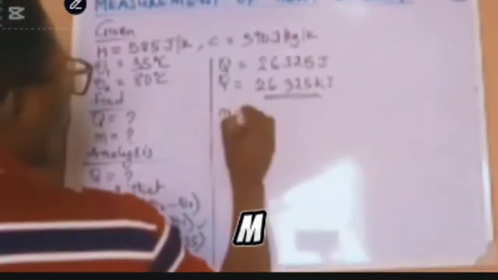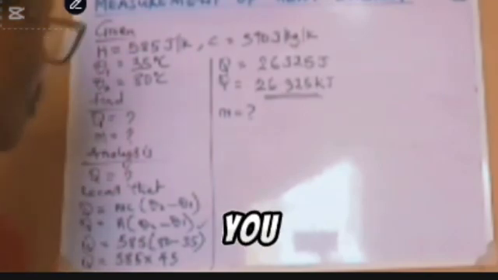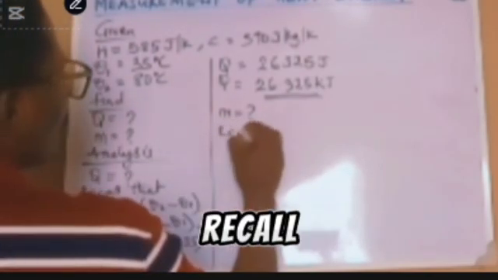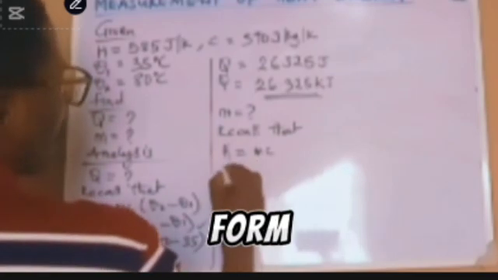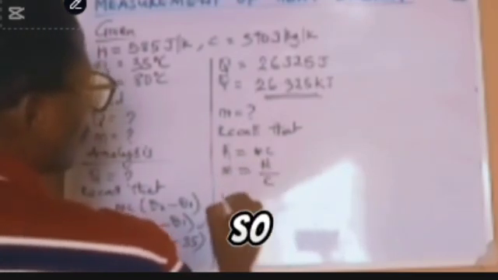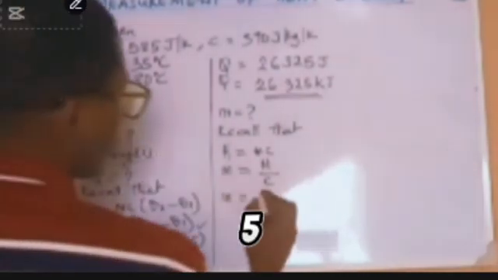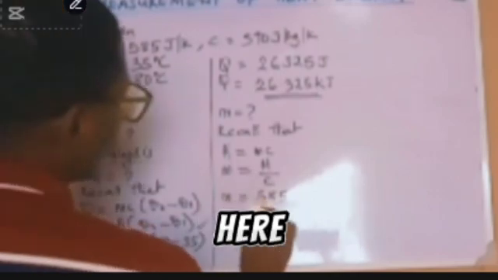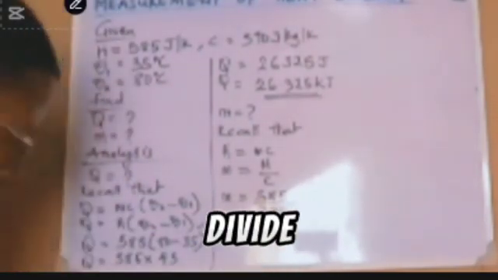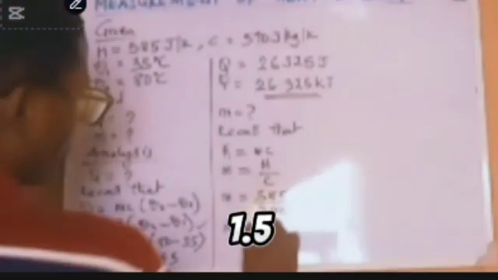Now we are looking for M. How do we find M now? It's very easy. You can use two ways. Recall that H is equal to MC. So you can make M the subject of the formula. M will be equal to H over C. What's our H? 585. What's our C? 390 here. So let's divide 585 by 390. That gives us 1.5